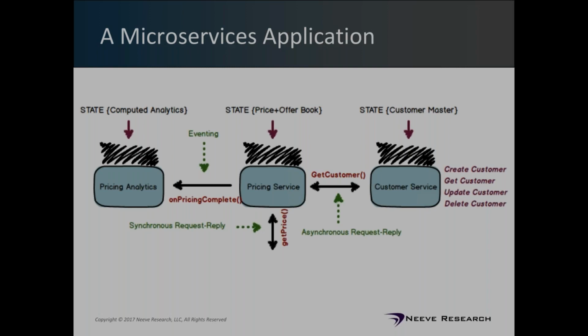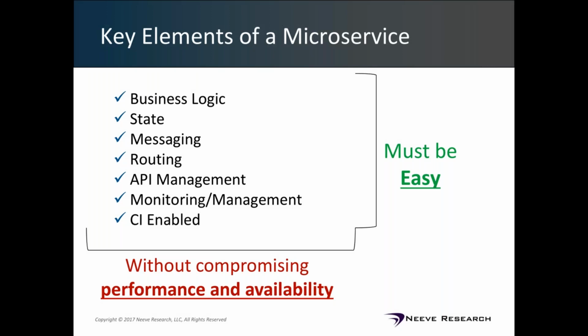So if you distill out from here, what are the key elements of a microservice? Effectively business logic, the pricing function itself. State, which we already discussed, which is private in nature, affinitized to each of these particular functions in a microservice environment. There is messaging, where you need the capability to send and receive messages. A very important part, which is typically missed out when people talk about microservices and peer-based distributed computing in general, is routing. The ability to make sure that information and requests are effectively and efficiently routed to the right microservices, which can get relatively complex when you have a large number of services in play.